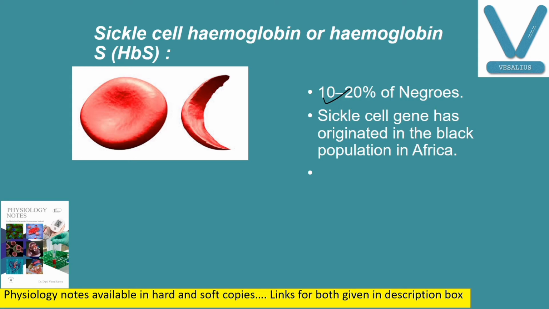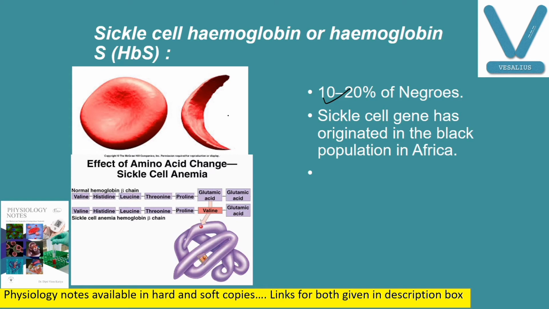And what is the pathology here? In the beta chain, at the 6th position of the beta chain, you can see here glutamic acid is replaced by valine. Okay, here you can see in the beta chain. So sickle cell